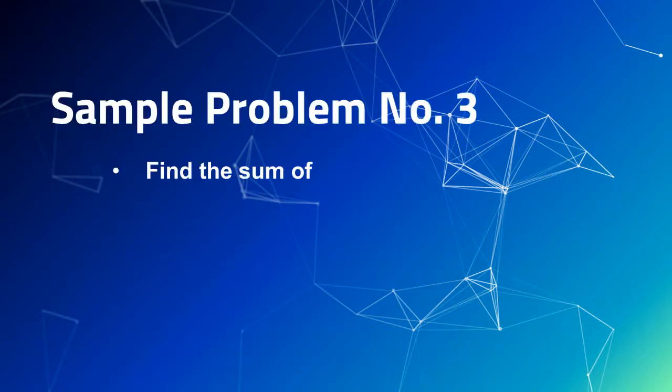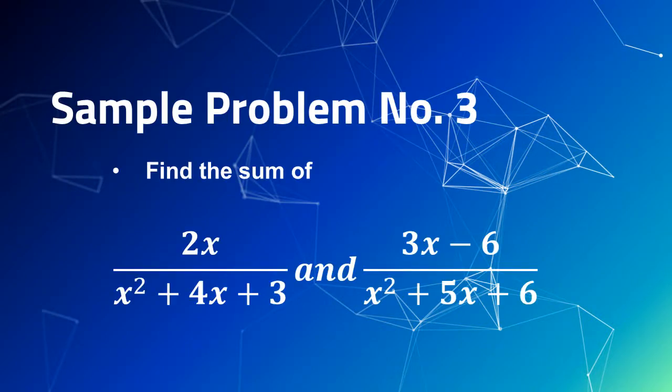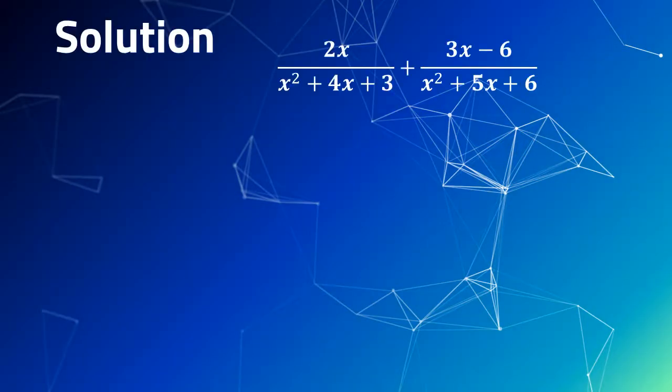Example problem number 3. We have to find the sum of 2x all over x squared plus 4x plus 3 and 3x squared minus 6 all over x squared plus 5x plus 6. Again, you have to go back with factoring polynomials. We have now in this solution, 2x all over x squared plus 4x plus 3 plus 3x squared minus 6 all over x squared